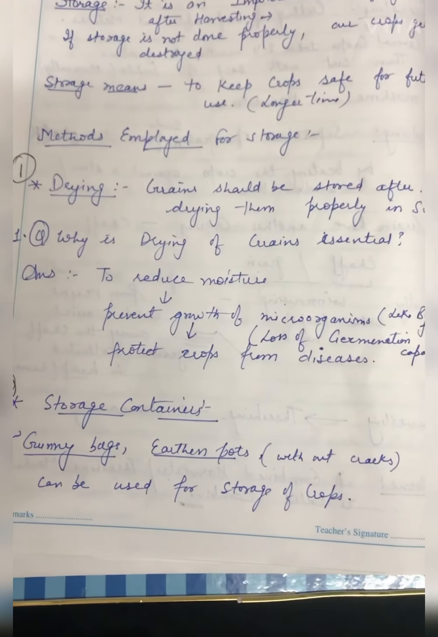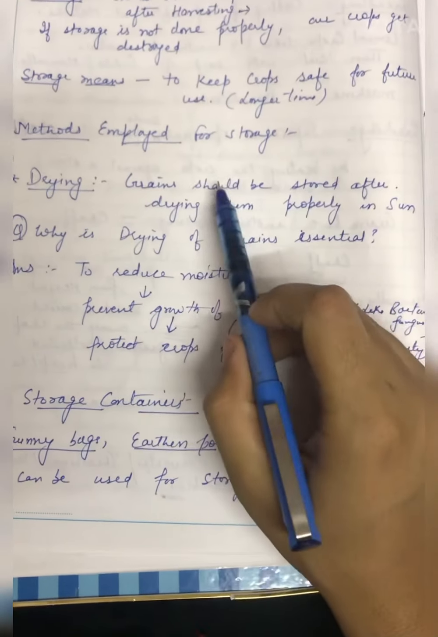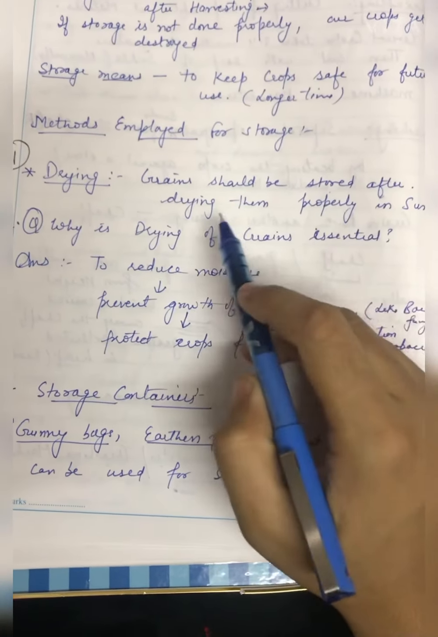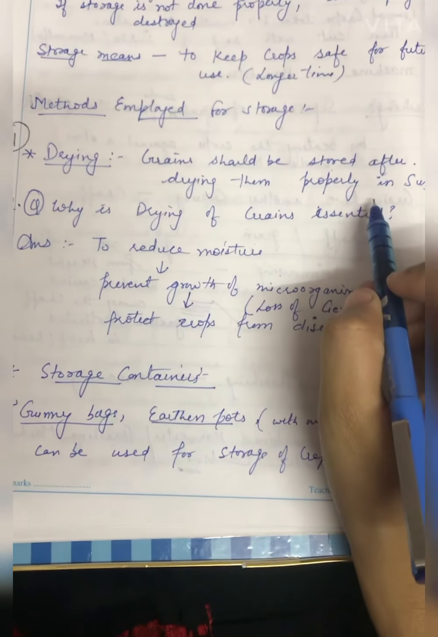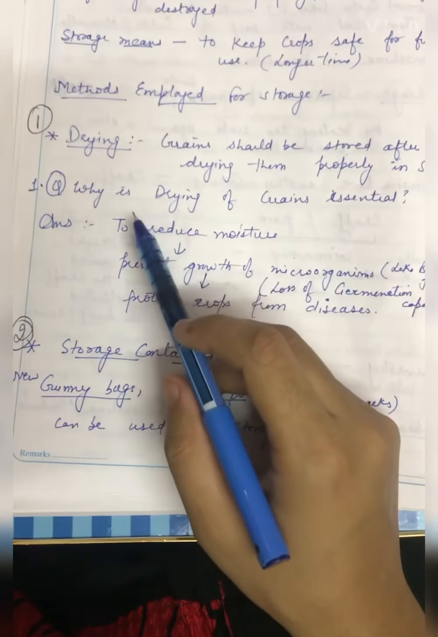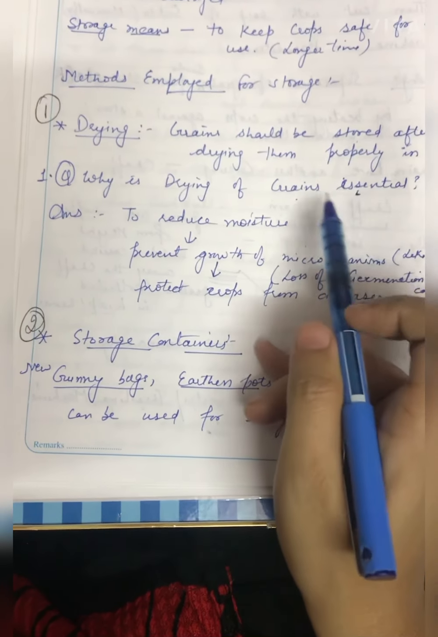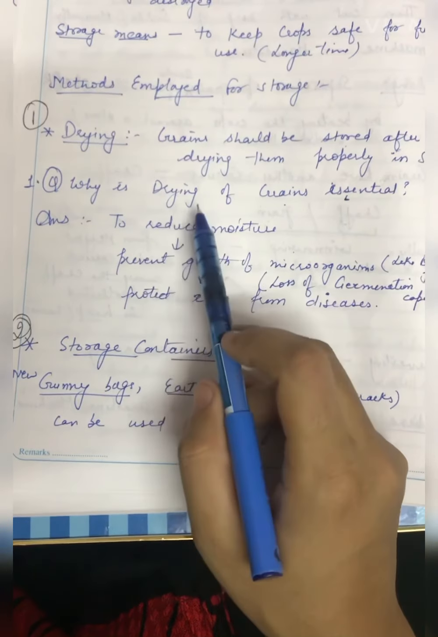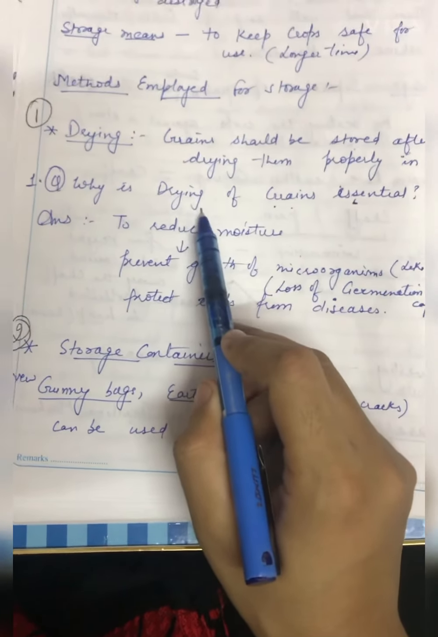Methods employed for the storage. First is drying. The grain should be stored after drying them properly in the sun, and this is one of the most important things to do. But why is drying of grain essential? Can you tell me? Yes, drying of grain is necessary because if we dry them properly in